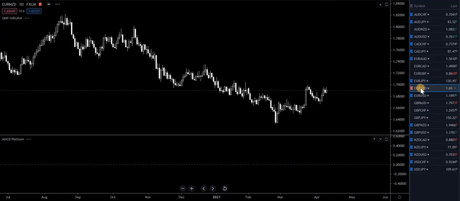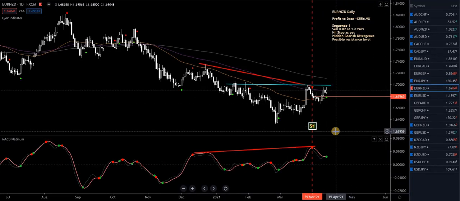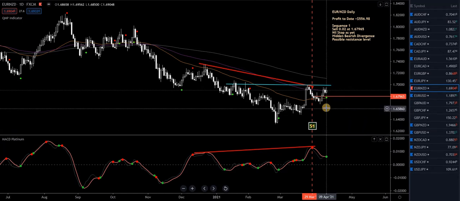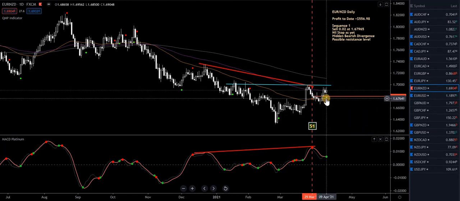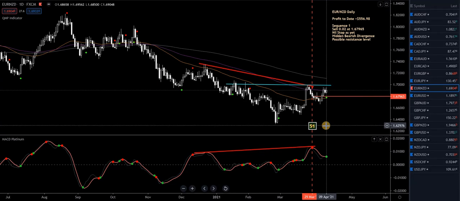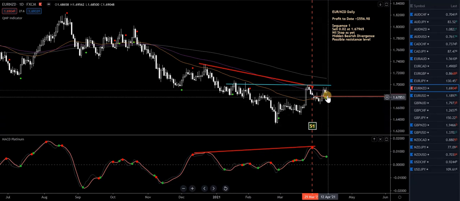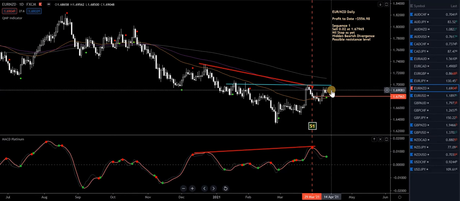Euro New Zealand, this is highlighted in pink. Something must be happening on Monday. Here we go. Like TradingView, like I said, it shows the dot on the Friday close because it's a signal that's going to be confirmed on Monday. It's already confirmed. So if the market opens pretty well where it closed on Friday, then I'm taking a hedge